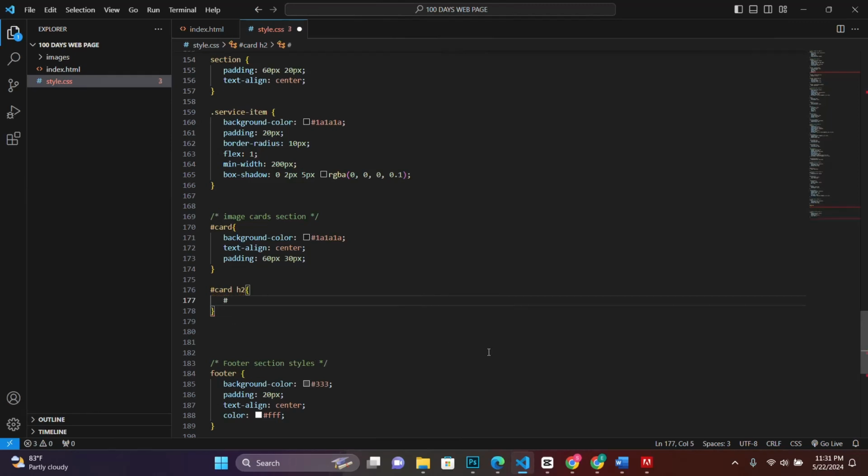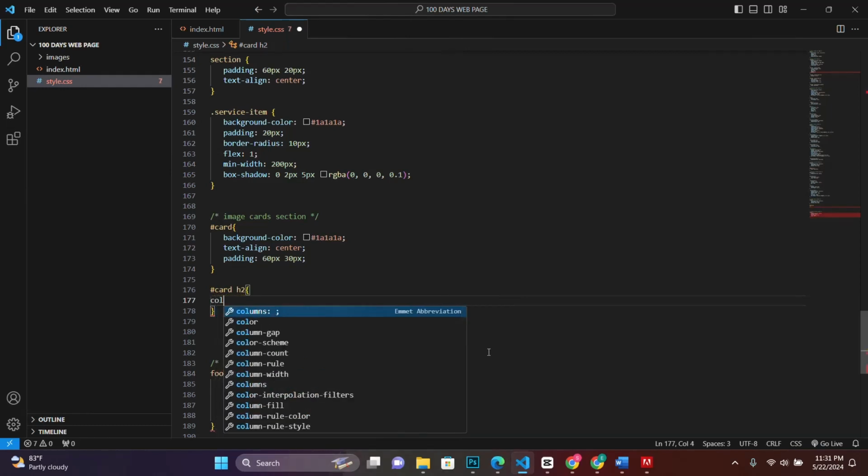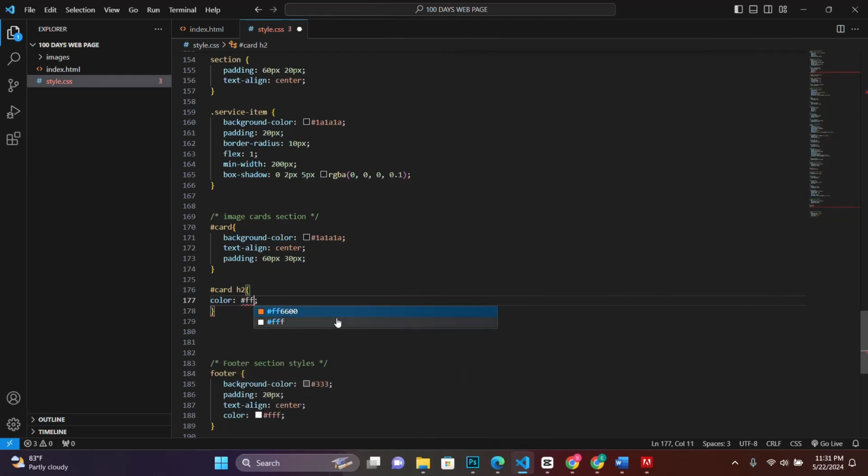So I'll give this guy a color, in the shade of the orange you'll be using. Yep, this color is fine. So that's that for